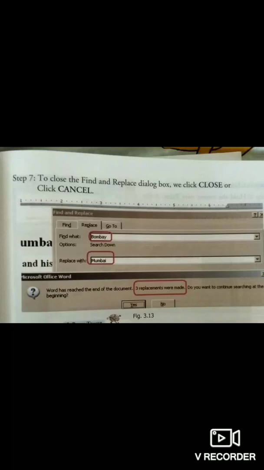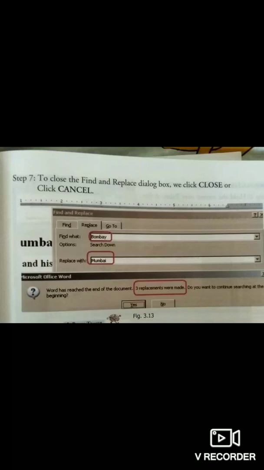To replace every occurrence of the text without showing where it was replaced, we simply click the Replace All button. A dialog box will appear informing us how many instances of the text were replaced. Right.